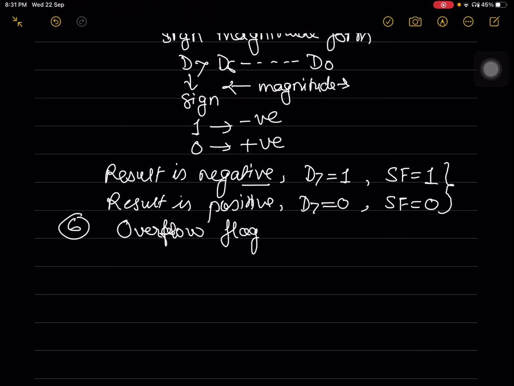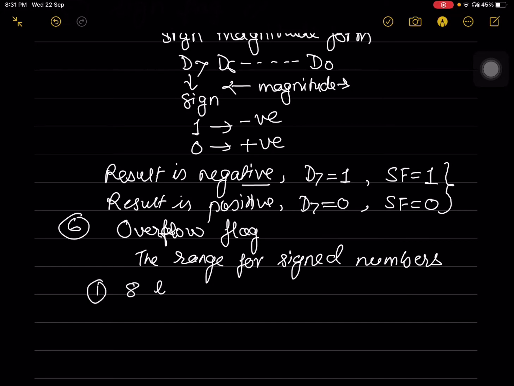Now when we talk about signed numbers, we have the range for signed numbers that can be represented in the 8 bits or in the 16 bits.